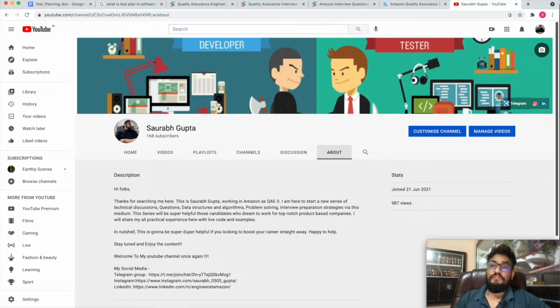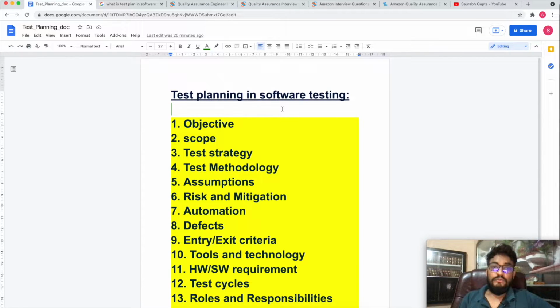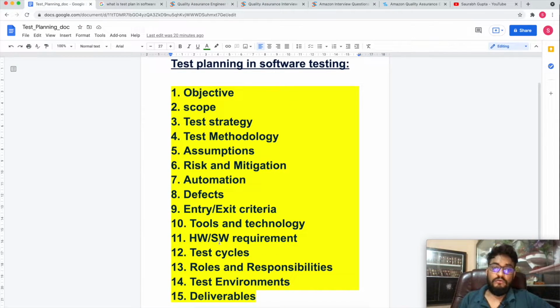All right, so let's start with the test plan. I have written this document to demonstrate all the bullet points on which you have to speak at the time of the interview. Whenever the question is asked, create a test plan, or write a test plan for any particular feature or any scenario,